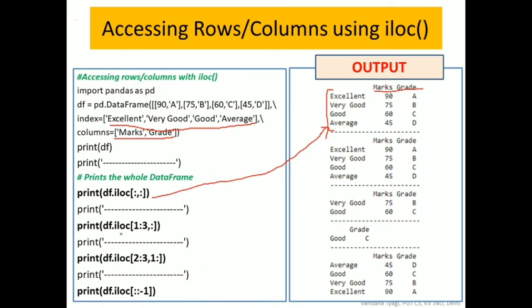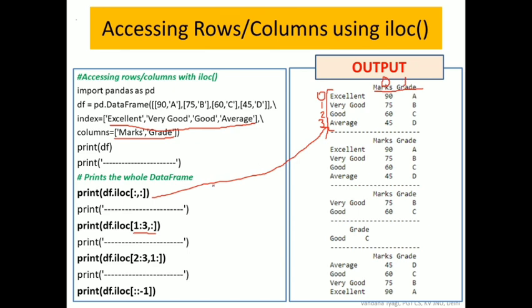Now coming to this section, iloc 1:3. This is my 0 index, this is 1, this is 2, and this is 3. Similarly, when we talk about columns, this is column number 0, this is column number 1. We have written 1:3 for rows, so this is 1, 2, 3, from very good till average, and all the columns, so we are displaying all the columns. Now here we are dropping this average, because we have written 1:3, the stop value should not be included.